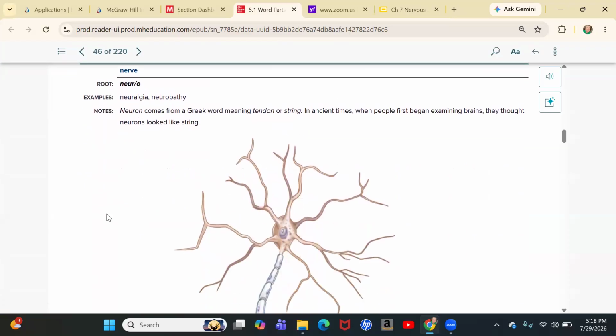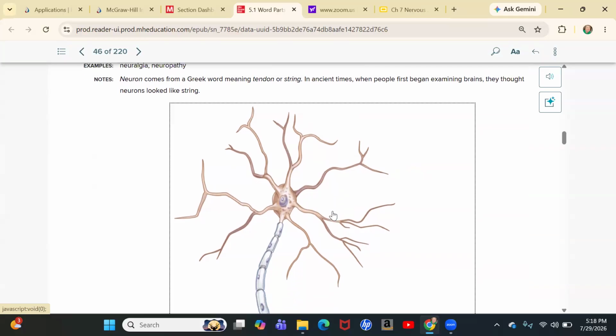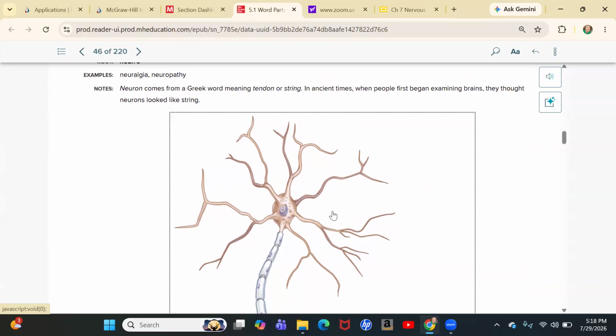Okay. Speaking of neurons, the combining form for a nerve is neuro. Neurons come from the Greek word meaning tendon or string, and that's when they first were looking at the anatomy structures with the naked eye. Nerves are kind of like strings. When you look at them in a cadaver, they are whitish, yellowish, and they are kind of stringy to the naked eye. This particular one here, meaning a nerve tract that you're seeing.